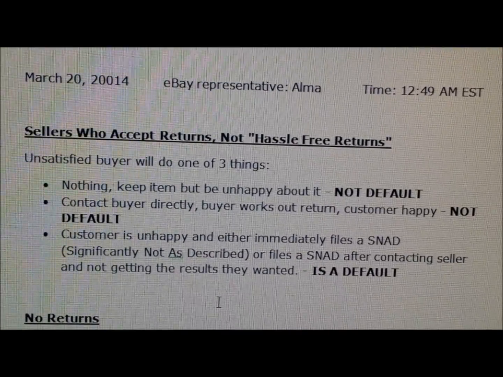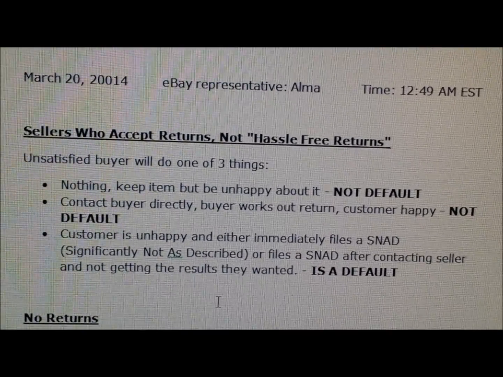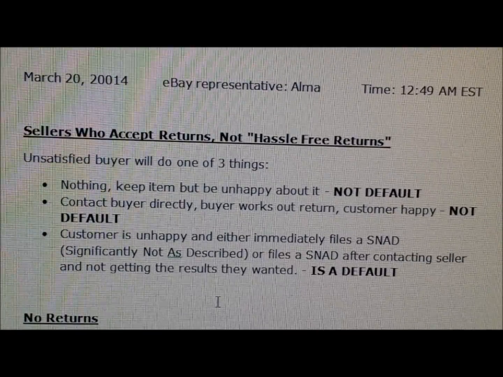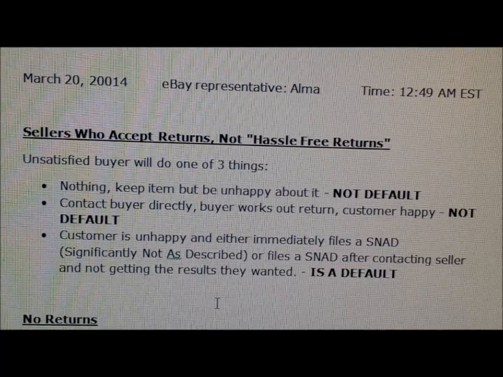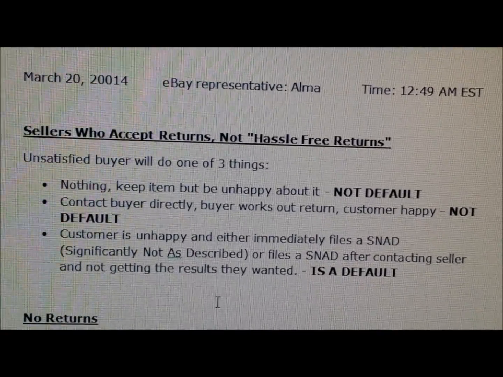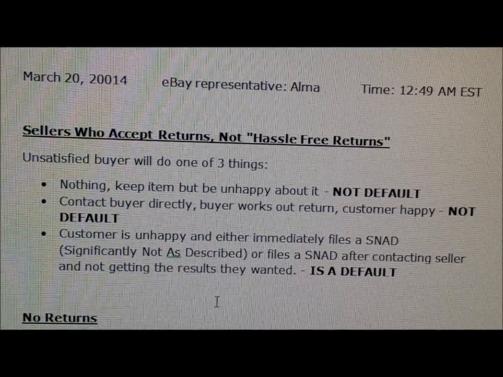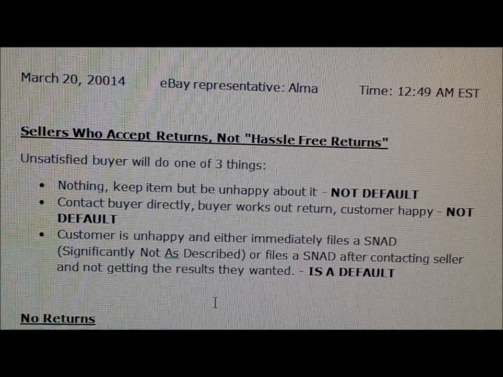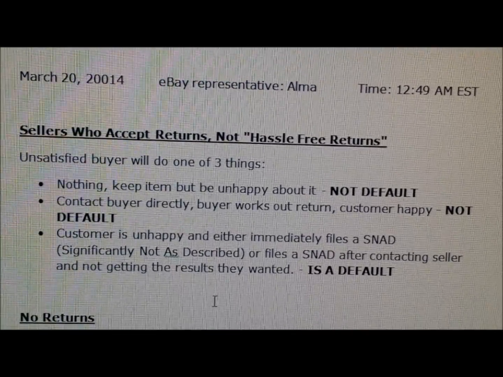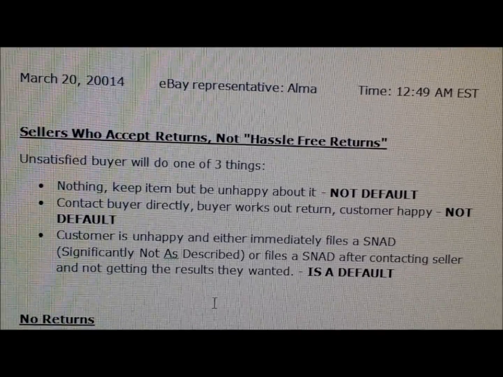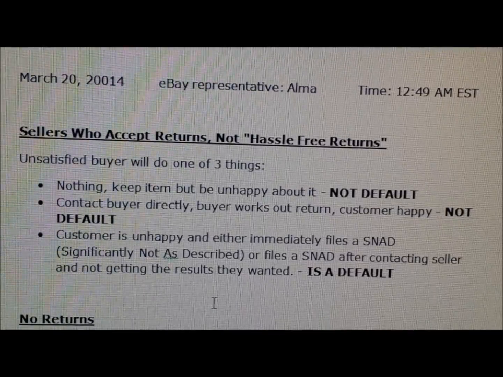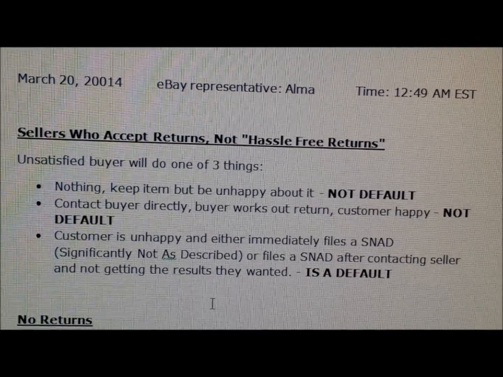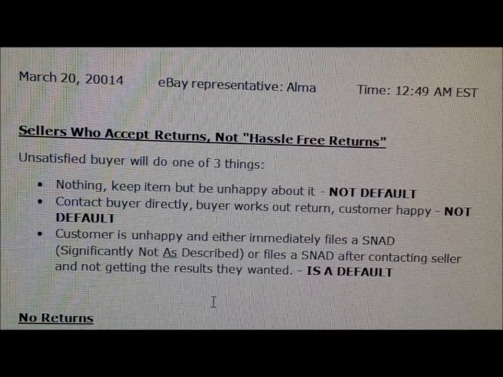And I think, again, this is just my opinion, but I feel like a lot of resellers look at eBay to be a fair and impartial judge. And I think they're not really seeing that eBay is not a fair and impartial judge. eBay is Caesar. And if you want to sell in Caesar's arena, you need to be on the good side of Caesar and follow Caesar's laws, which could change at any time because it's Caesar, right?